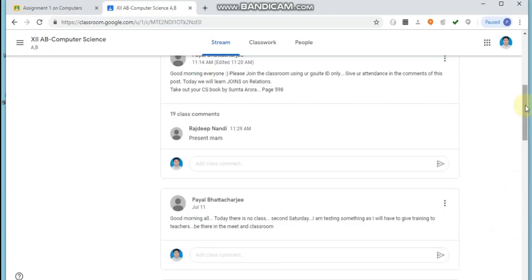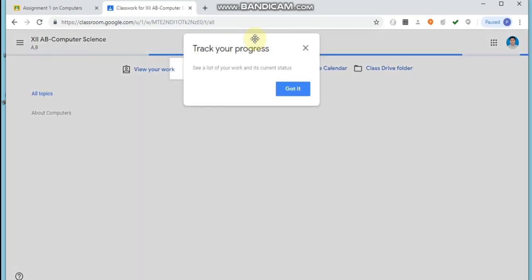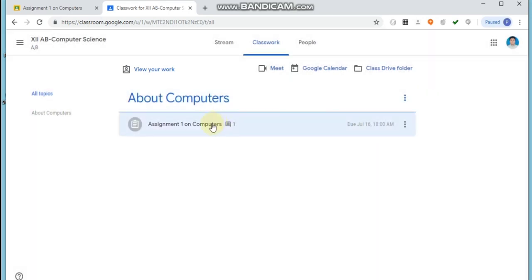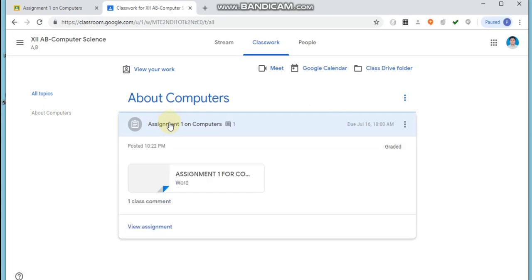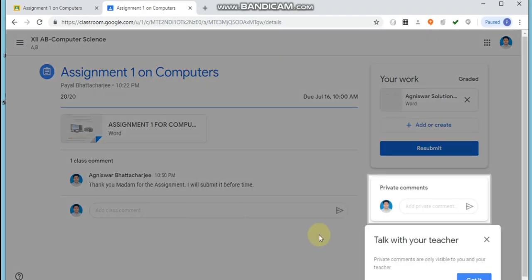and so in the classwork section the student will be able to see, since it has been graded, what the teacher has returned.